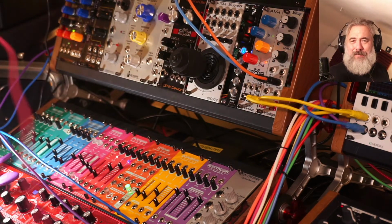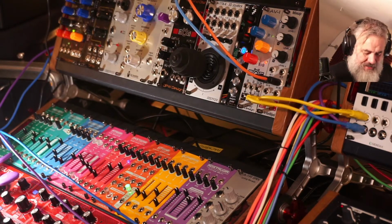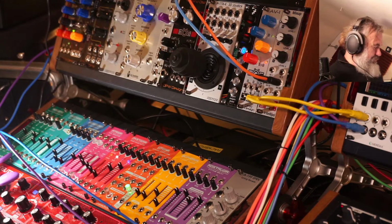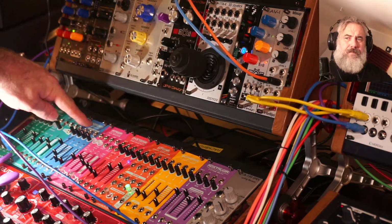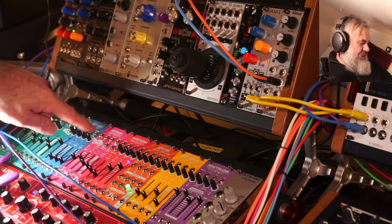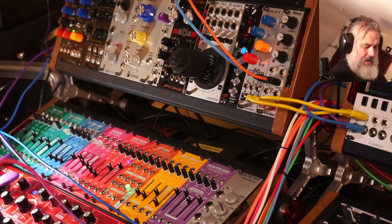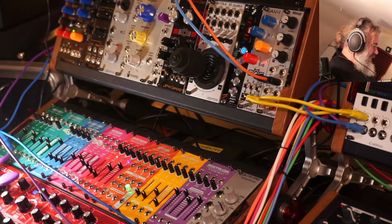Now let's make something sound horrible with them. So what I'll do is I'm going to use the Eudaimonia, which is like a little mixer filter. And I'm going to use that. There's a VCA on that. So I'll use that. I'll send my gate output of my...